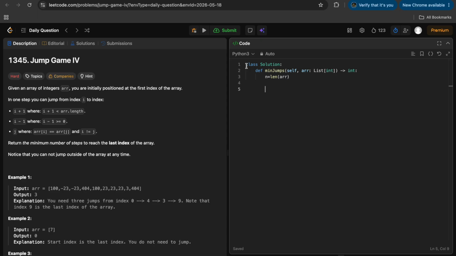So for that, let's import defaultdict from collections. We can define our dictionary as dict1. Now simply enumerate through arr: for i, val in enumerate(arr), dict1 of val dot append i. So here we have to set dict1 as the defaultdict of